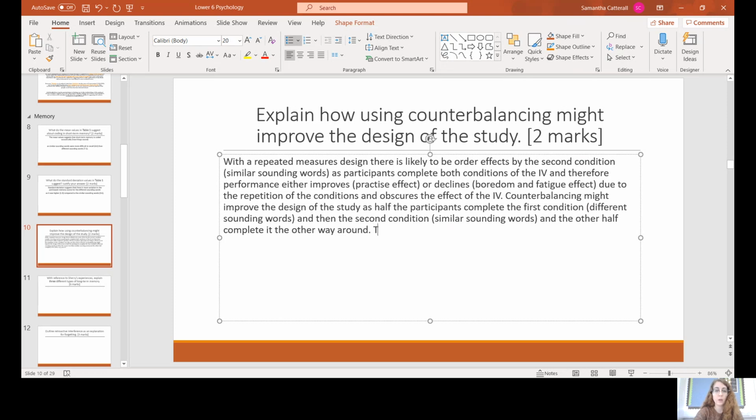This ensures that order effects are controlled as